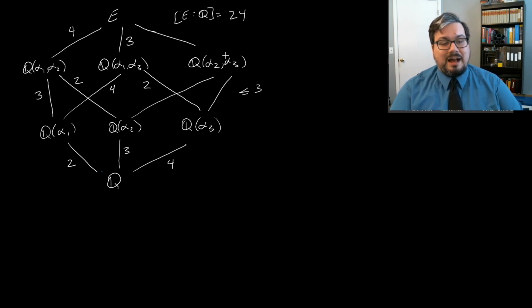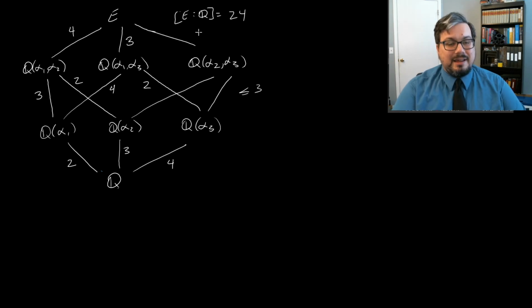And going from Q(α2, α3) up to E has degree less than or equal to 2, because we're adding an α1, which is the root of a degree 2 polynomial. And once again, we can see that these less than or equals actually have to be equals, because otherwise we wouldn't get a large enough degree when following up the right-hand path. So we have that this path has degree 3, this one has degree 2, and now